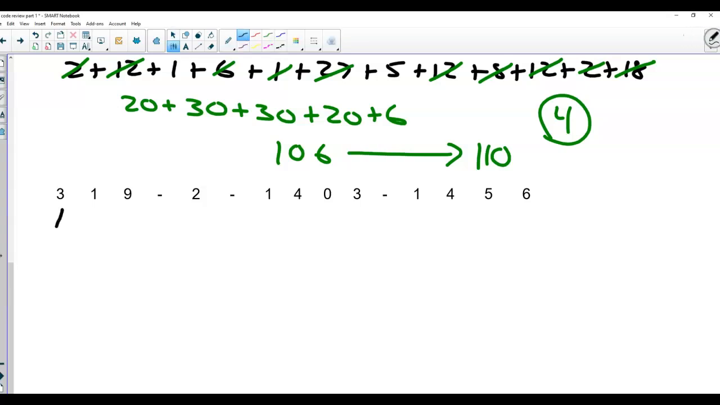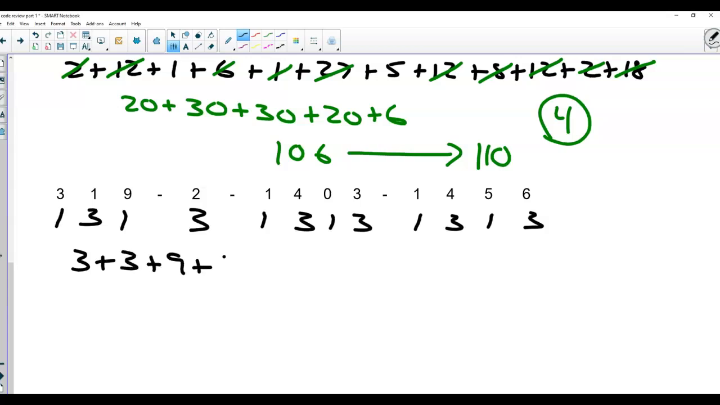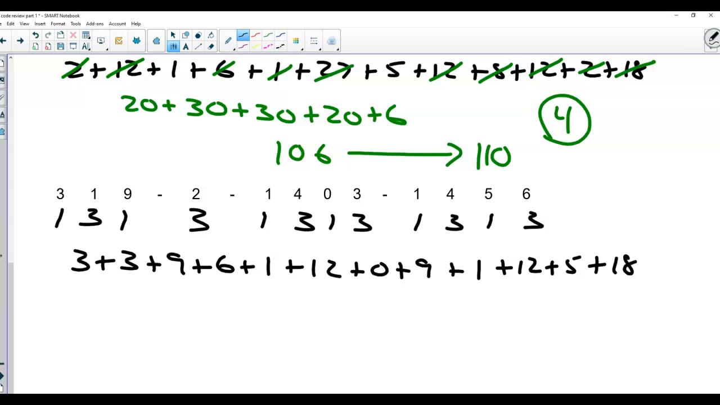Try one more. 1, 3, 1, 3, 1, 3, 1, 3, 1, 3, 1, 3. 3, 3, 9, 6, 1, 12, 0, 9, 1, 12, 5, and 18. Didn't miss anything. Perfect. We can get rid of the 0, and I'm going to get rid of this 12